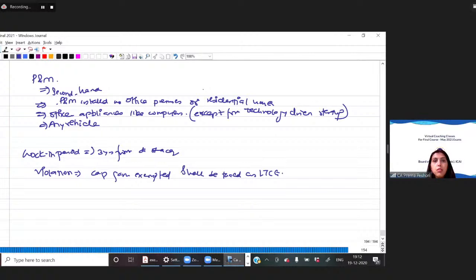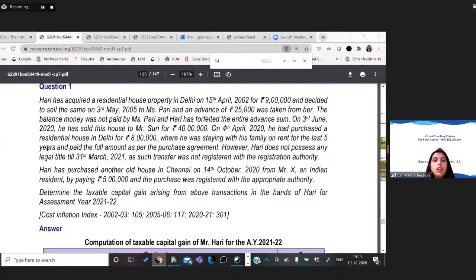Okay. So I'm opening up the ICAI question only. So this is the question. Hari has acquired a residential house property in Delhi on 15th April 2002 for rupees 9 lakh. He decided to sell the same on 3rd May 2005 to Miss Pari. An advance of 25,000 was taken from her. Balance money was not paid by Pari and Hari had forfeited the entire sum. On 3rd June, he sold his house to Mr. Suri for 40 lakh. On 4th April, he had purchased a residential house in Delhi for 8 lakh,